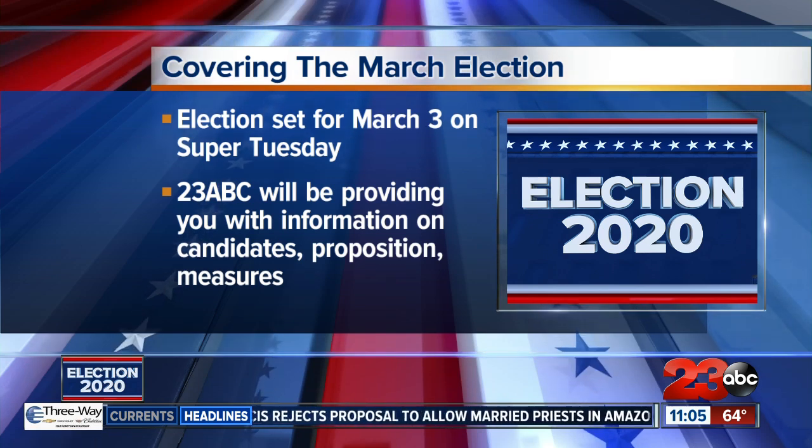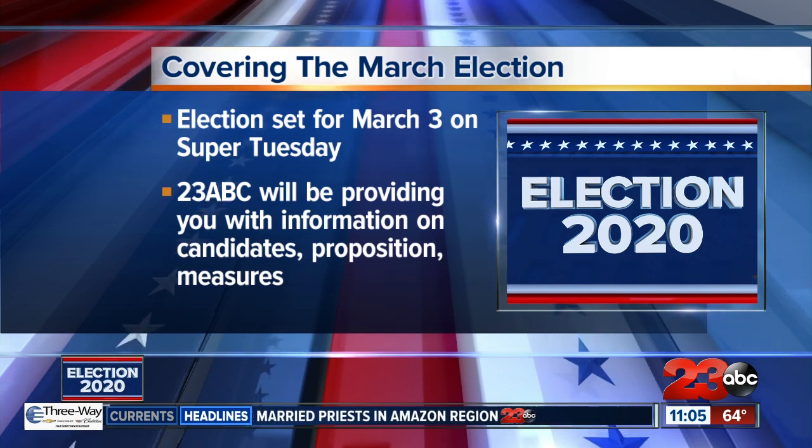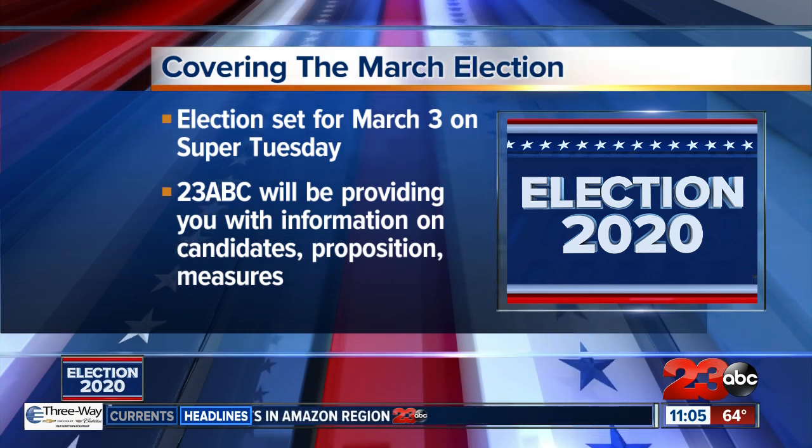California primary is March 3rd. We'll have all the information you need when it comes to the candidates, propositions, and the measures right there on our website, turn23.com. The Arvin Police Department has released its annual police report at their city council meeting last night,